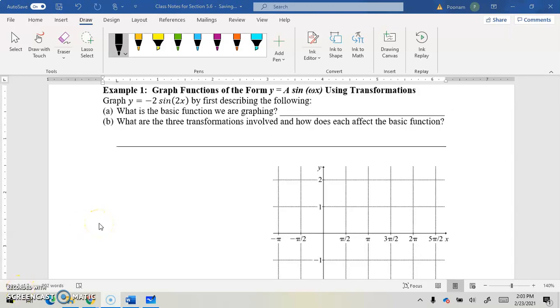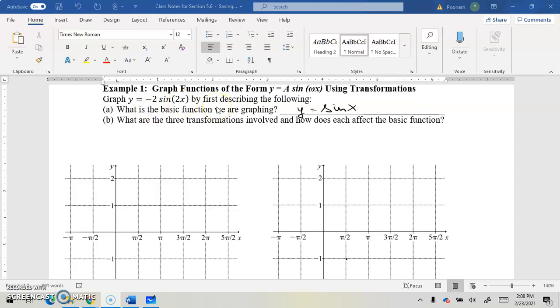So now we know the basic sine function's graph. What if we have the graph of y is equal to negative 2 times sine of 2x? So we have this function, negative 2 sine of 2x. The basic function here is sine of x, right? What are the transformations? First is this negative sign. Negative sign does what? y is changing to negative y, meaning you have the graph reflected